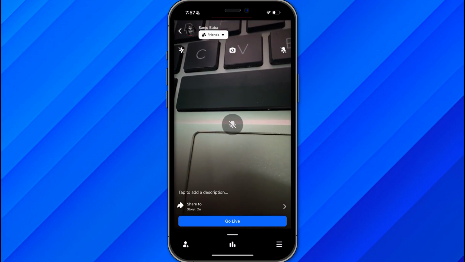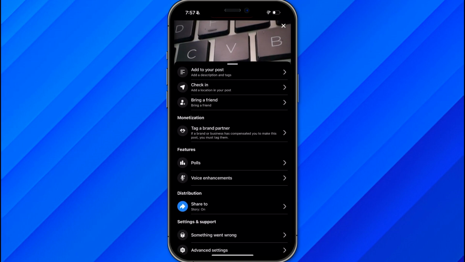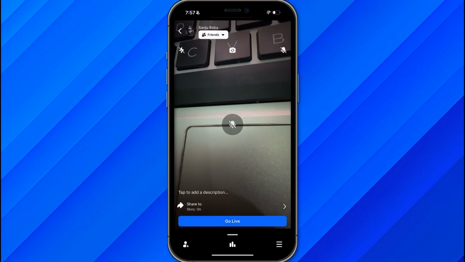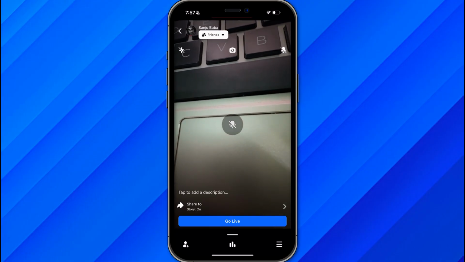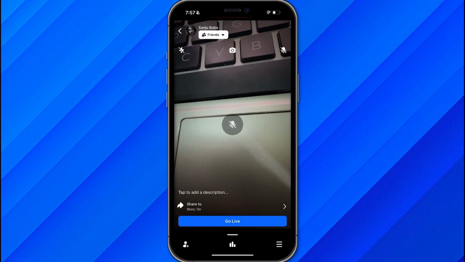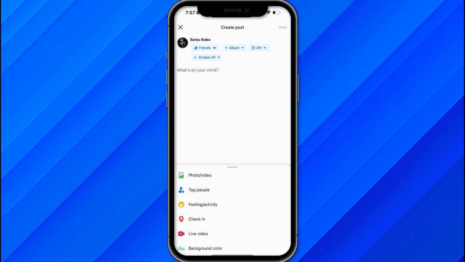If I try to open these settings, you can see this setting, and the center one is create a poll, if you want to create a poll and add friends, but there's no option to add filters. So if you want to add filters, you just need to download the older version of Facebook inside your mobile